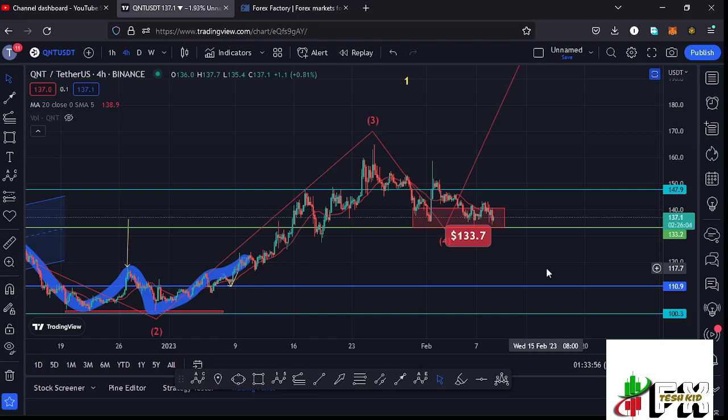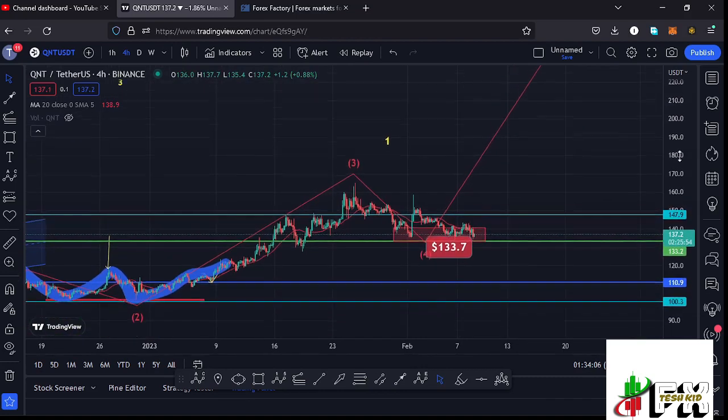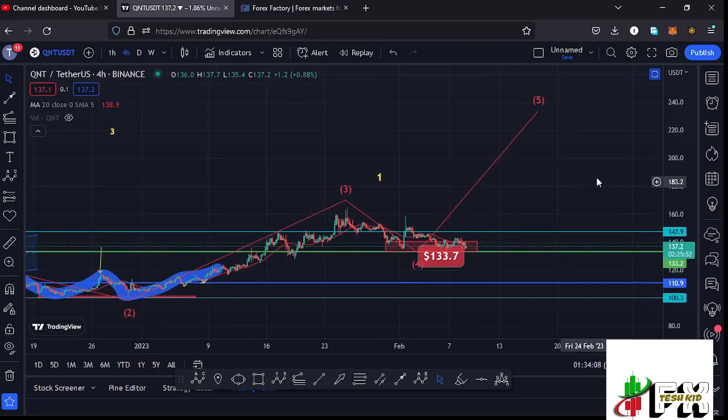We have also fully maximized our red target area down here in the formation of this wave 4, and I believe that very soon we might start that bounce to the upside in the formation of this wave 5, and also fully maximize our target areas in the formation of that wave 5. And before I give you my next price targets in the formation of this wave 5, and also give you